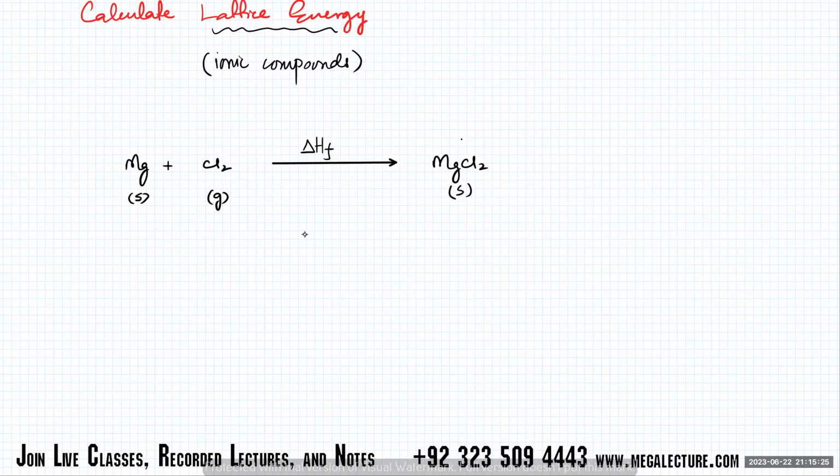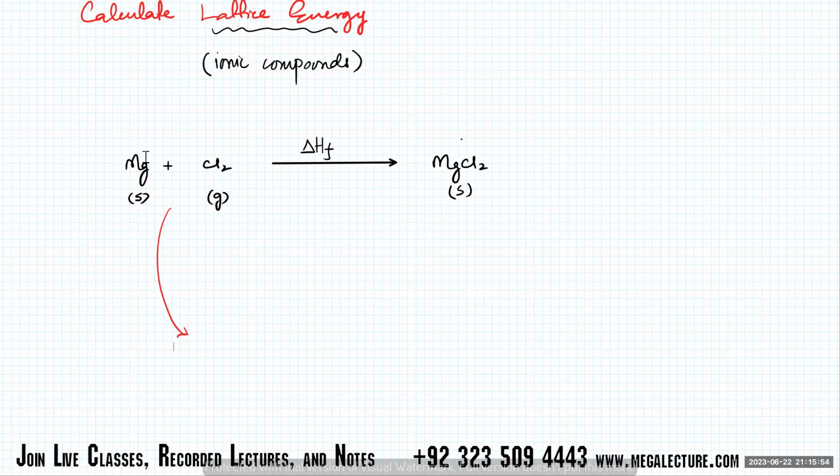Then you go for the alternate path. So that's the whole process. You take the elements, you react them together, you form MgCl2, you measure this value. And then there's an indirect path. There would be lots of steps when Mg and Cl2 react together to form MgCl2. Now, the first step would be that you would have to atomize the elements,